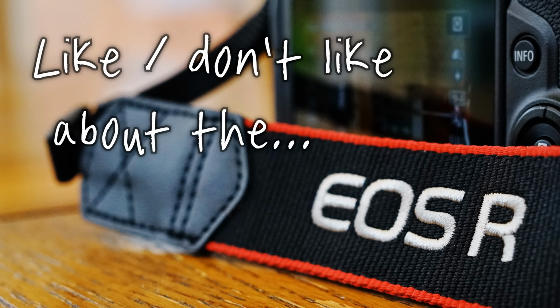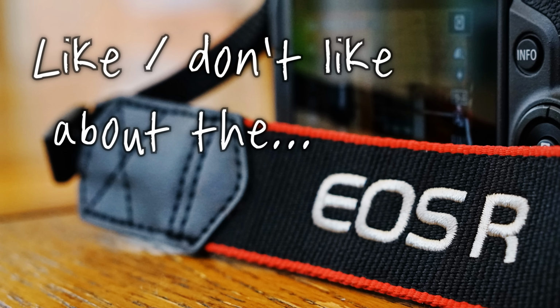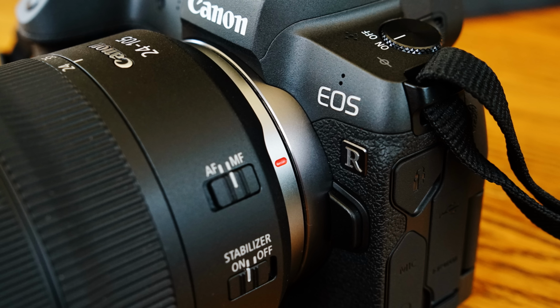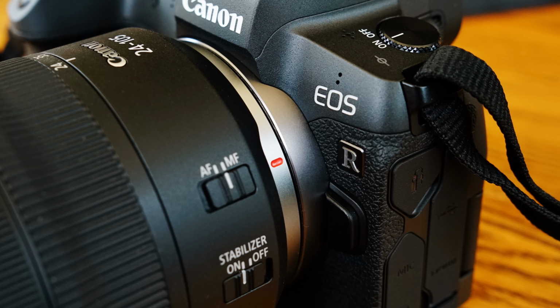Howdy everyone, and I'm very excited to show you how I've been investing in this channel recently. Here is a Canon EOS R which I've bought for lens testing, and I'd love to take this opportunity to